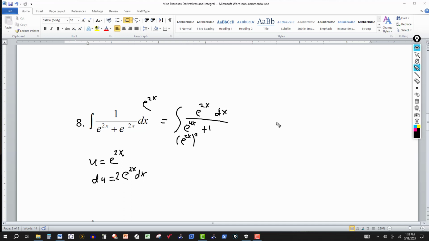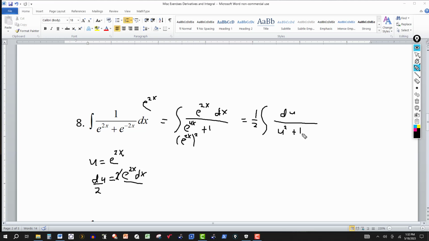Now we transform this integral here. Okay, here I can divide by 2, so let's divide both sides by 2. I'll put the 2 under the du on the left side. So e to the 2x dx, that's the part of the numerator, can be replaced by du over 2. But I'll put the 1/2 out in front here. And then in the denominator I have e to the 2x squared, but e to the 2x is u, so this will be u squared